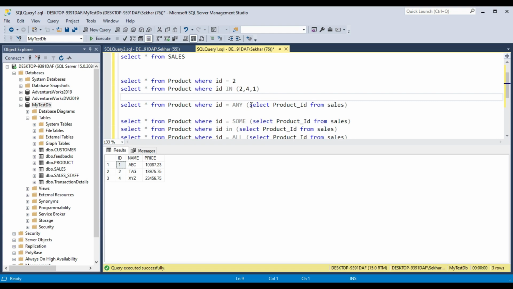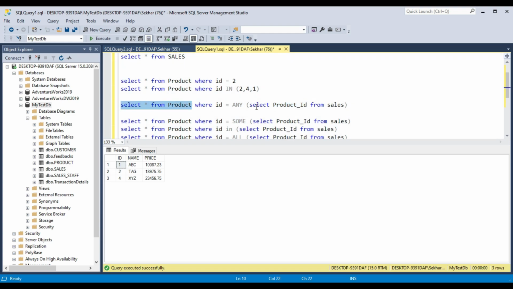So in that case, we cannot actually list out all the values one by one in a sequential manner in our query, because there can be hundreds of values or thousands of values or lakhs of values. So it is a good idea, and it is a little better, that we use a subquery. Suppose I want this ID value, which resembles the product ID value from sales. Those values I want to pass into the ID column, and I want to fetch data from the product table.